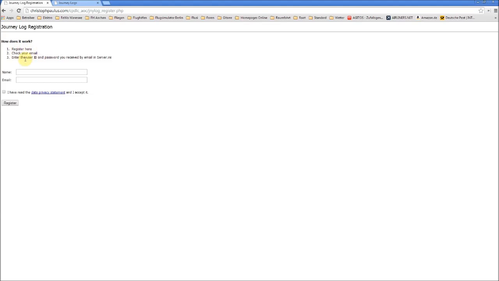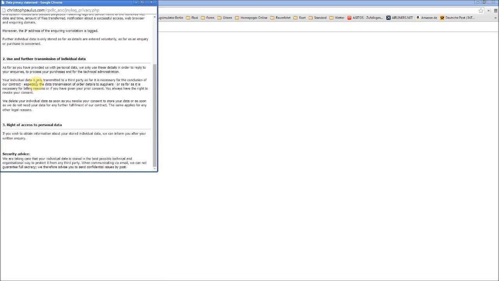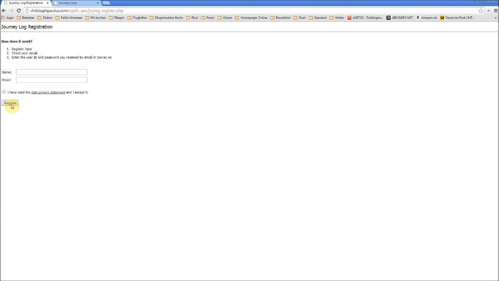So how does it work? Register here, check your email, enter the user ID and password received by email in server.ini. Quite simple. Enter your name here. This name will show up later in the journey log website where you can see and review your journey log. And the email is just the email that your user data will be sent to. Make sure you read the data privacy statements, and check this and click on register. Then you will receive your user ID and your password by email, and you have to enter both in the server.ini